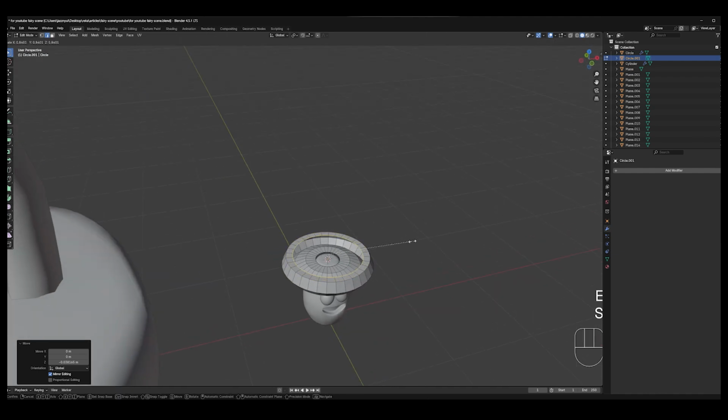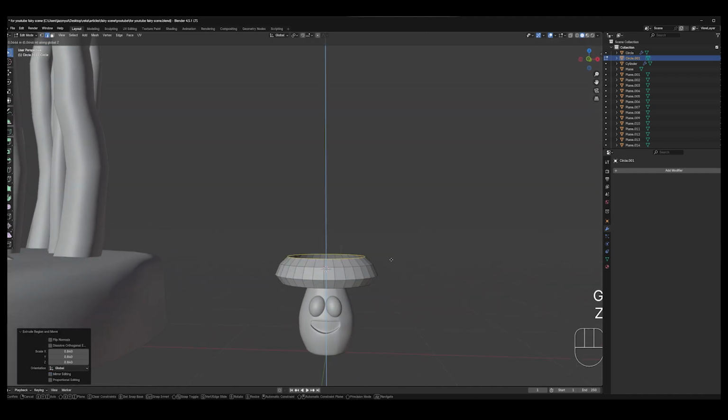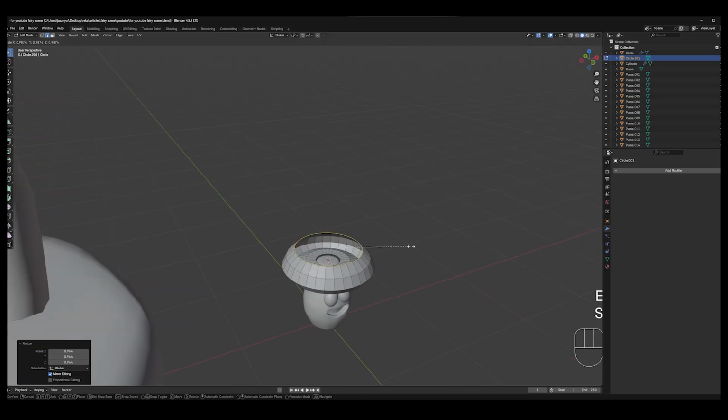E and S, and now you can bring it inwards, G and Z, S to scale maybe a little bit. E, S, inward, E and Z, and just continue. E and Z, E, S, inward, G and Z, and then E to extrude, S to scale,